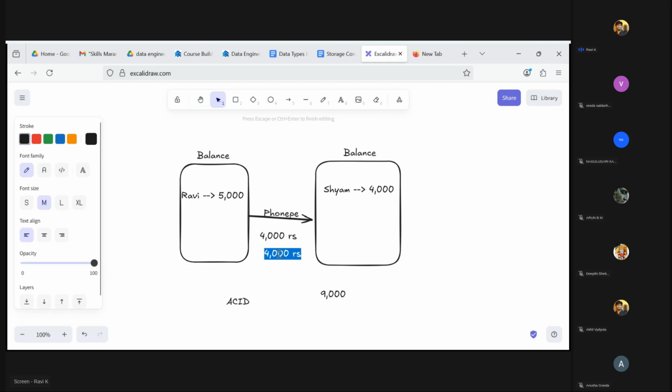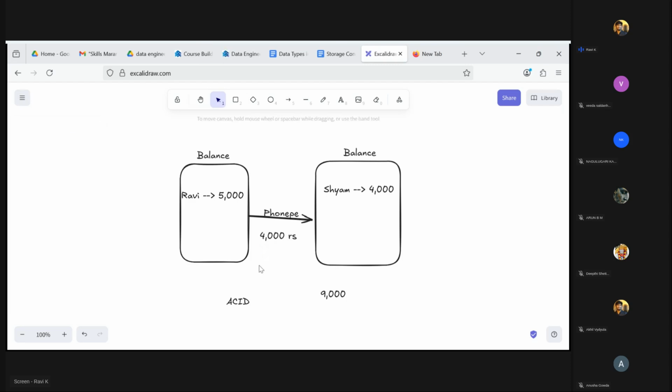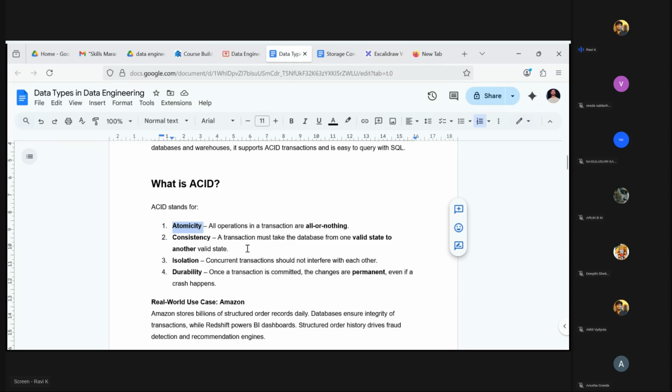And D stands for durability. What is durability? Let's say in this banking system, this is ICICI Bank, and both accounts are in ICICI Bank. Somehow the ICICI Bank server crashed. If they spin up that server again, they are supposed to see the same numbers; it should be durable. Even though there is a system-level or server-level failure, they are supposed to see those transactions as they are. There shouldn't be any change in these numbers. If that happens, we will lose trust in those banks and we will change the bank. This is what ACID transactions are all about. There are many documents online, you can go through them. So this is what ACID is all about.